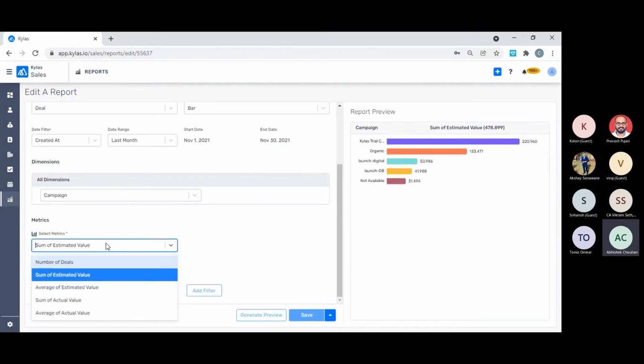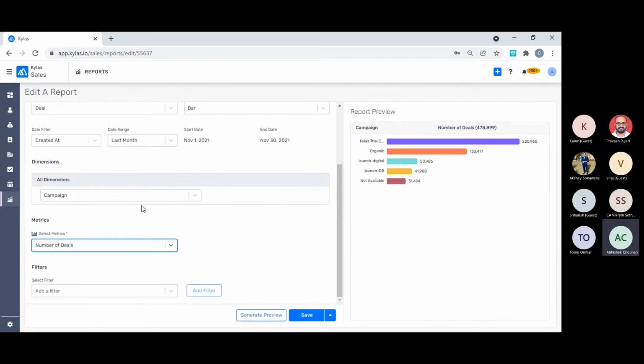And if you are just interested in the number of deals, that means the quality leads that came to you and which we converted as a deal, it may be open or closed, whichever type of deal it is. How many deals every campaign has given to you is shown by this report.